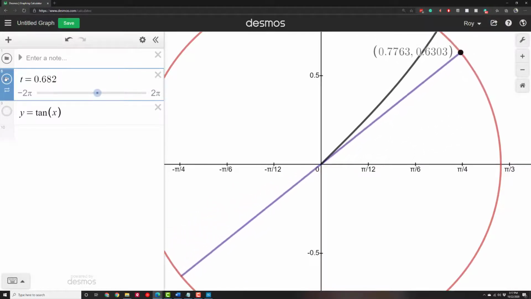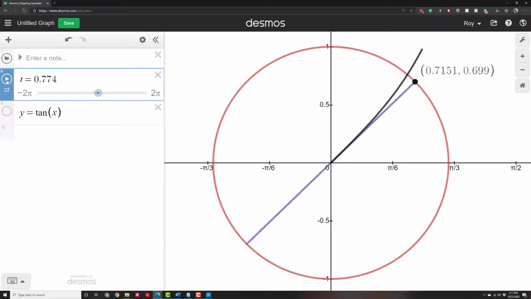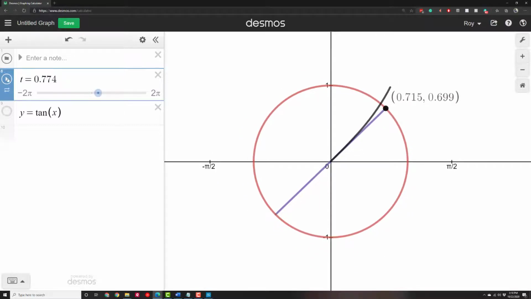So as we get to maybe right about there, the slope is almost 1. In fact, it's going to be 1 right about there. Because again, the ratio of y, which is 0.7, to x, which is almost 0.7, is almost 1. And notice that's what that black curve is, almost a y value of 1. And as the slope of that purple line increases,